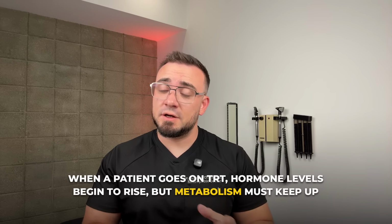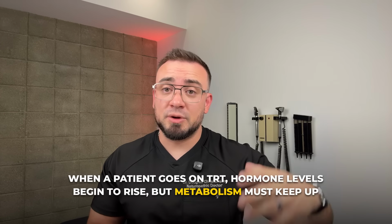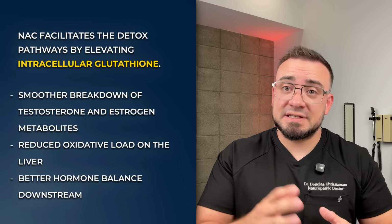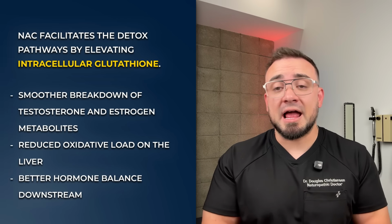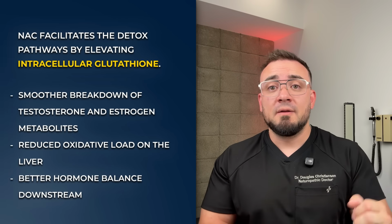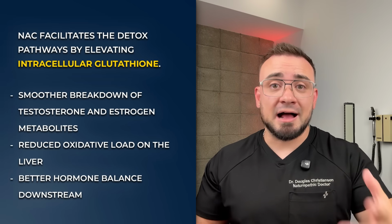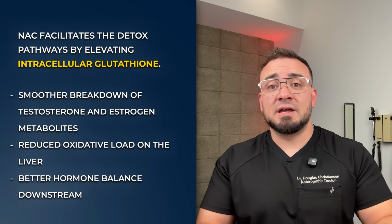When a patient goes on TRT, hormone levels begin to rise, but metabolism must keep up. The liver doesn't just break down hormones, it modifies and neutralizes them through multiple complex processes. NAC facilitates the detox pathways by elevating intracellular glutathione. That means smoother breakdown of testosterone and estrogen metabolites, reducing oxidative load on the liver, and influencing a better hormone